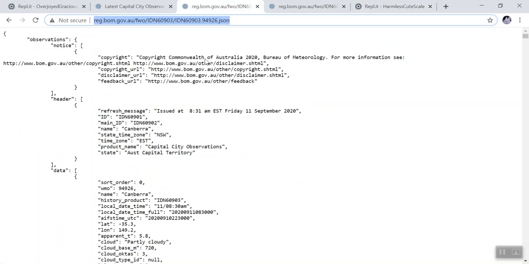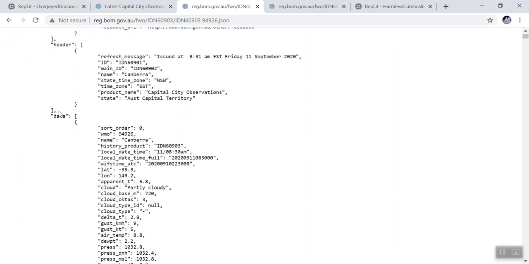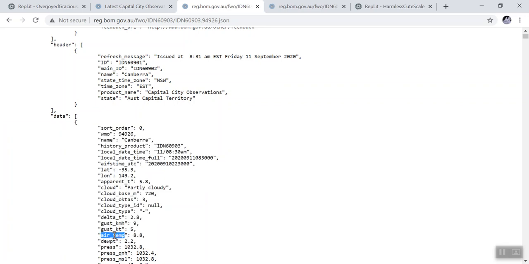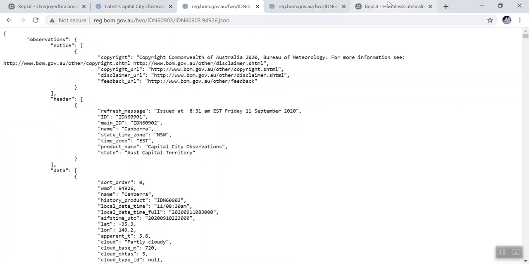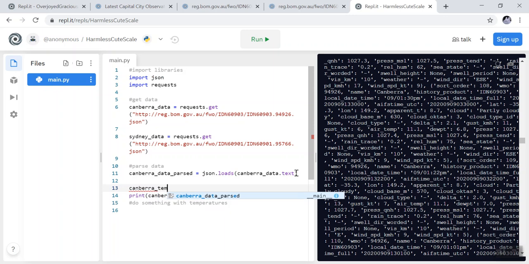So if I come over here, I can see that the top level is observations. So I need to look inside the observations property and find the data that's an array. So I want the first item in the array, and in particular I'm looking for air temp. So the Canberra temp is equal to